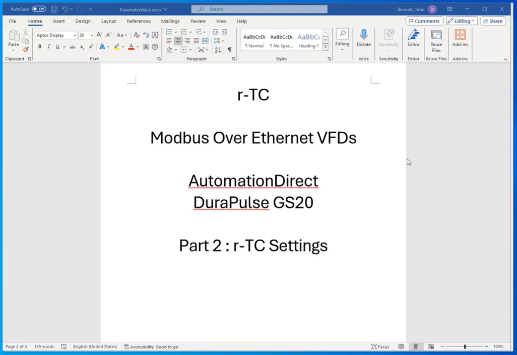Hi, I'm going to talk about the RTC and Modbus over Ethernet VFDs, in particular the AutomationDirect DuraPulse GS20 VFD. And in this second part, we're going to talk about what needs to be set up on the RTC. And going into this, we've already set up a VFD, and it's on our network, and it's at IP address